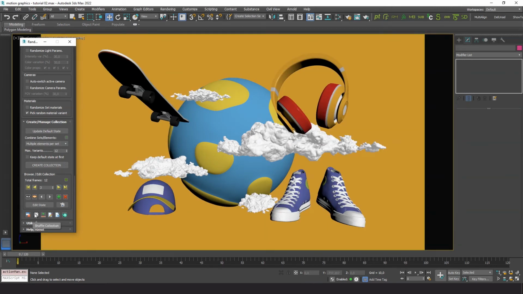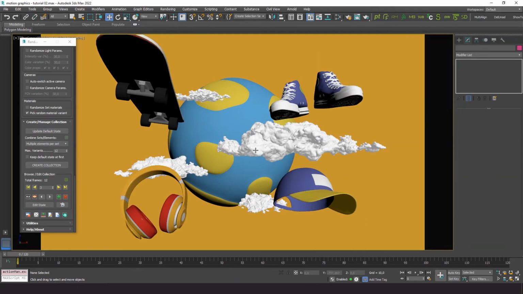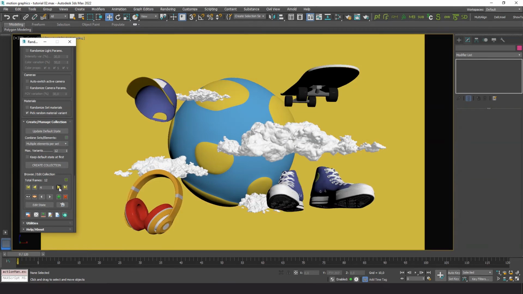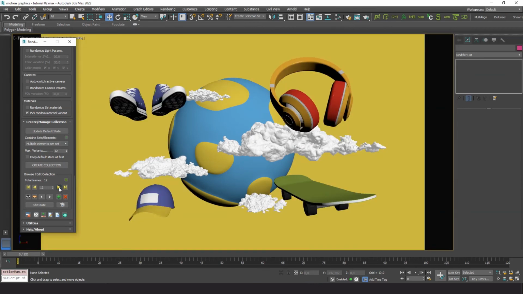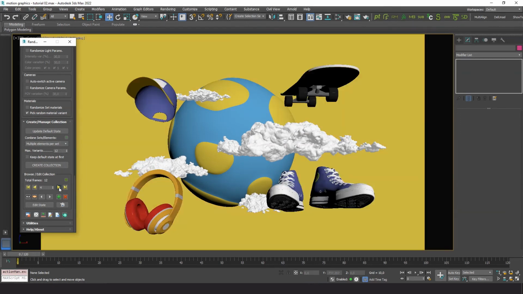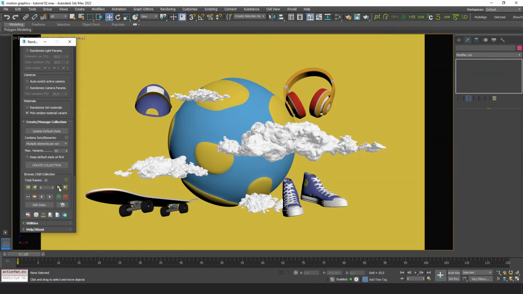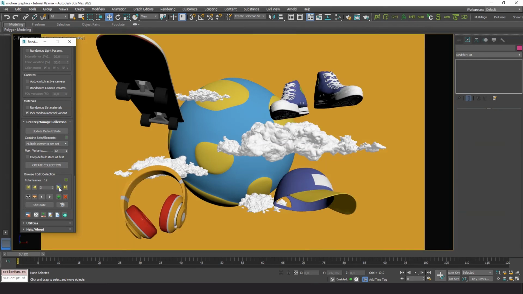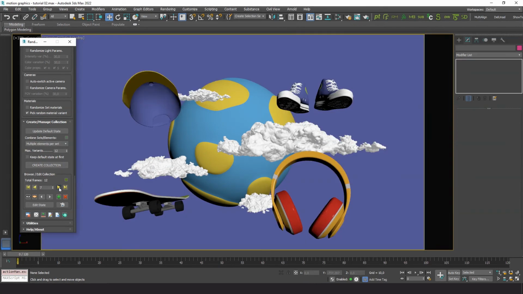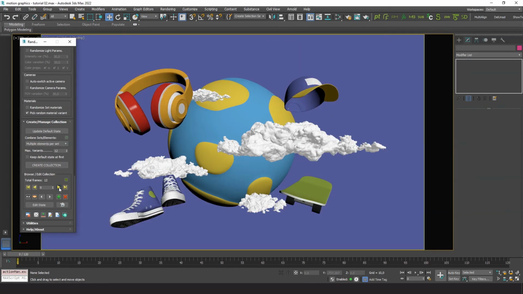Or shuffle the collection to change the order of the frames. I think this looks very good.